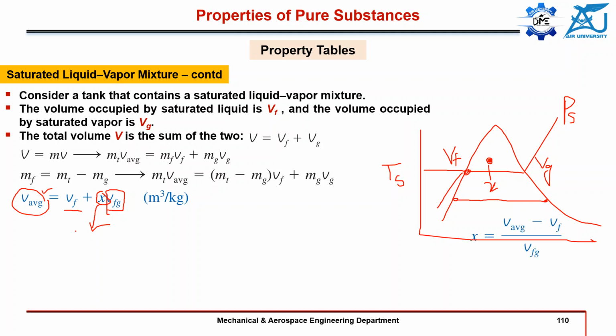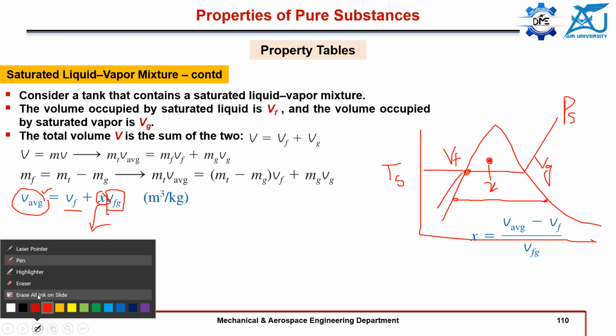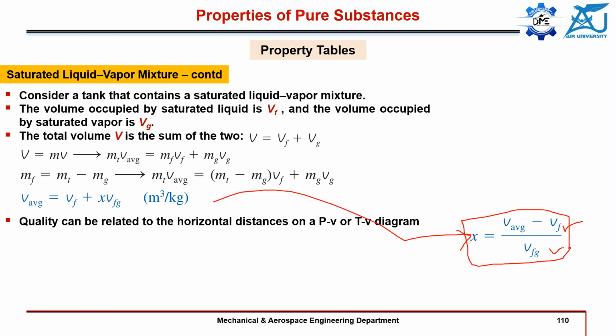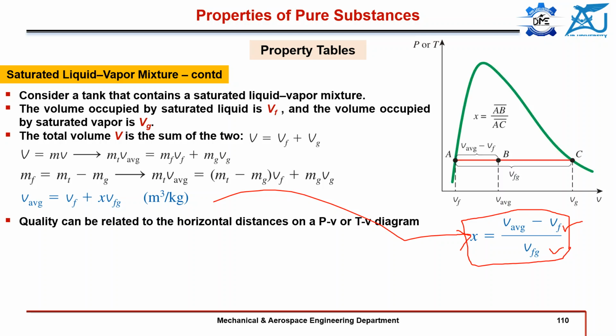Okay, similarly I can write this equation like this, where x is equal to v average minus vf over vfg. So let's see how geometrically we can represent it, or through the phase change diagram. What do the numerator and the denominator represent? If we relate it to the PV diagram or TV diagram, in both cases, we can see that the numerator term